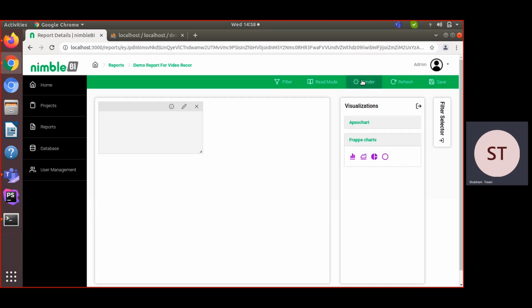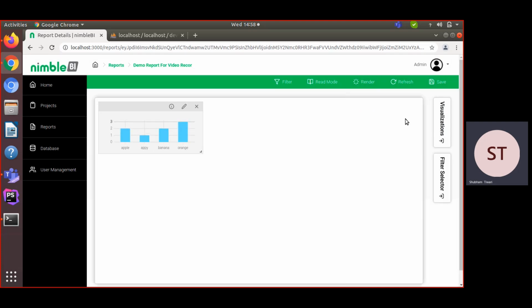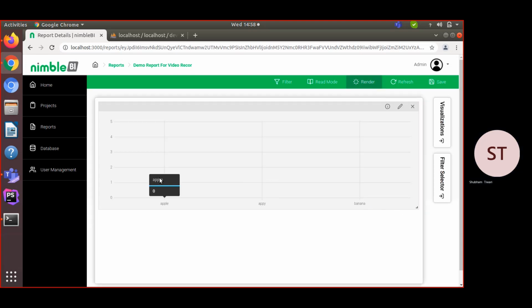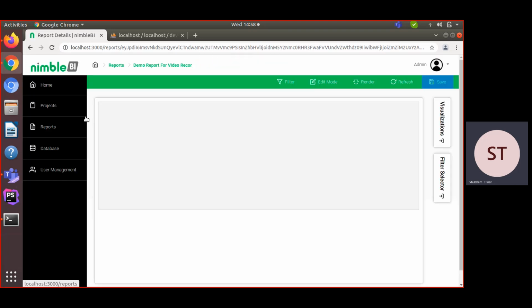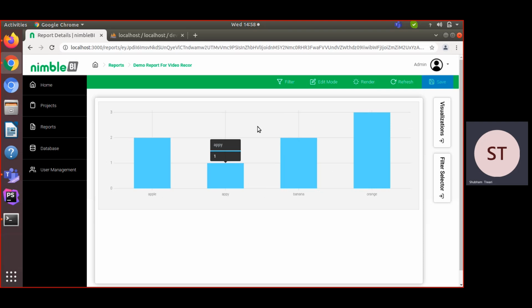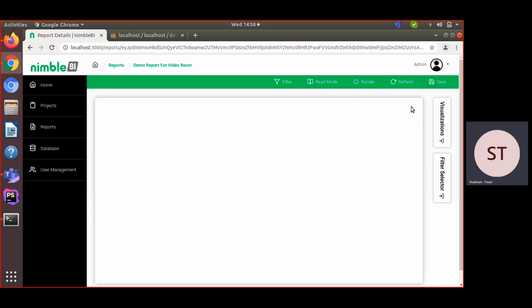Click on finish, click on render. Okay, and click on render. Okay, save it, reload it. So again it's showing. Okay, so again clean your dashboard, save it and reload it.